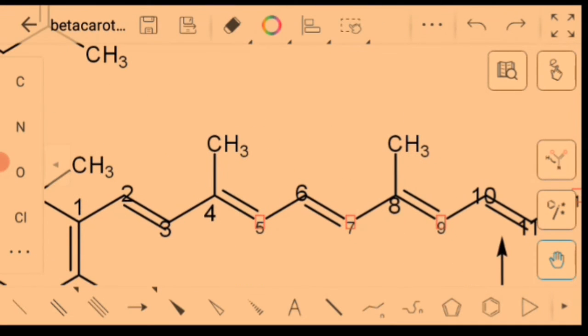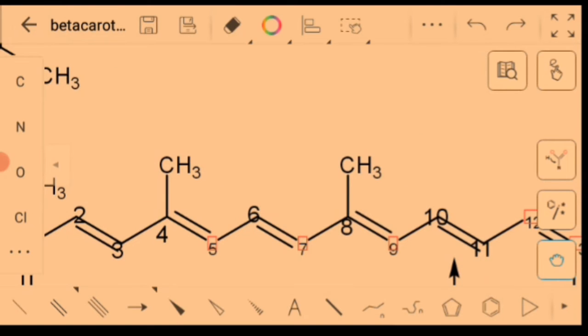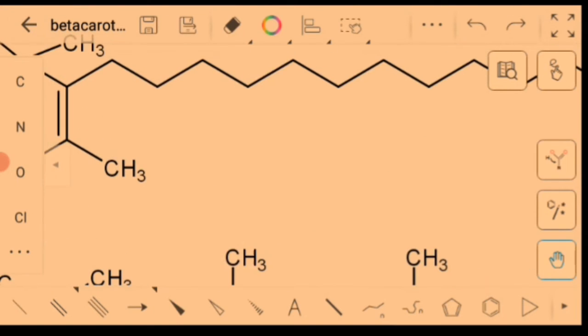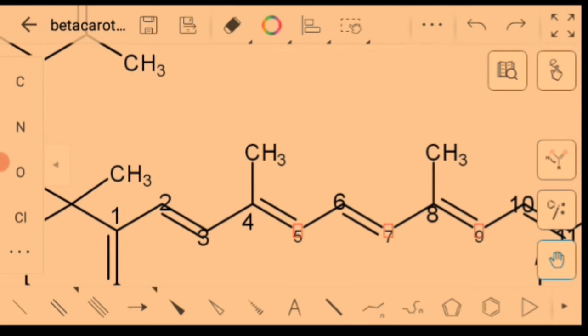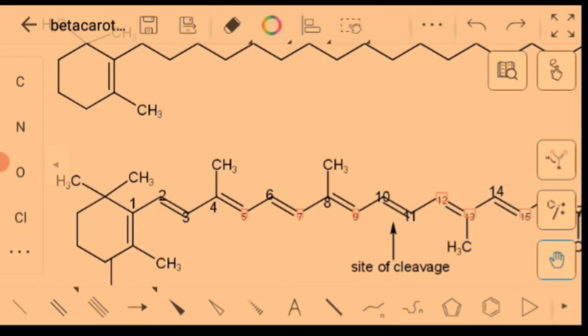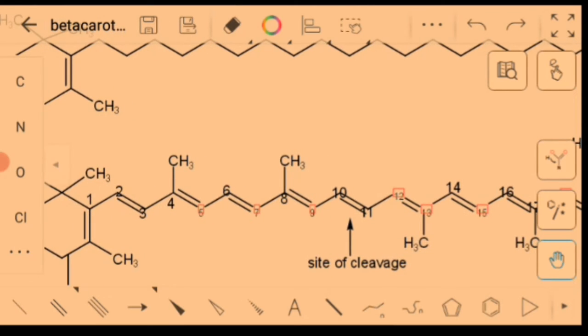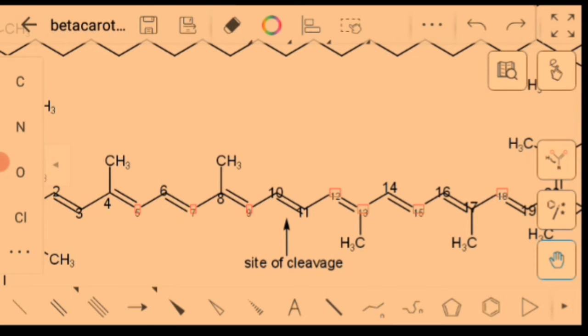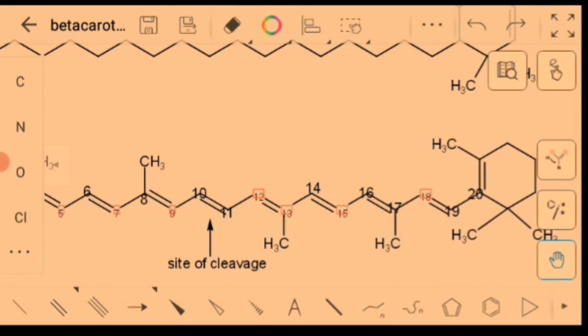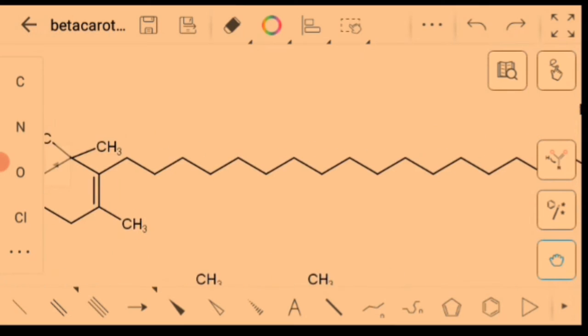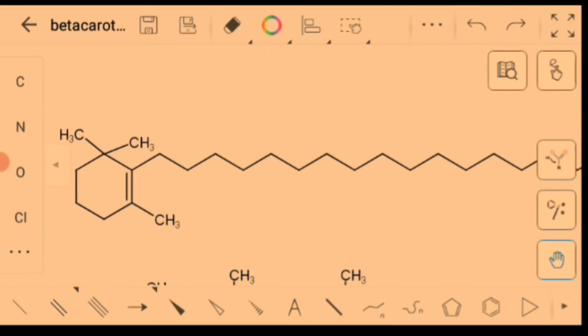Another thing you must always remember in the polyphenol chain is it has a methyl group attached to the carbon. This occurs at strategic points. The methyl is attached to the carbon at carbon 4, carbon 8, carbon 13, and carbon 17. And I'll give you an easier route of knowing where your methyl group should attach. But before that,